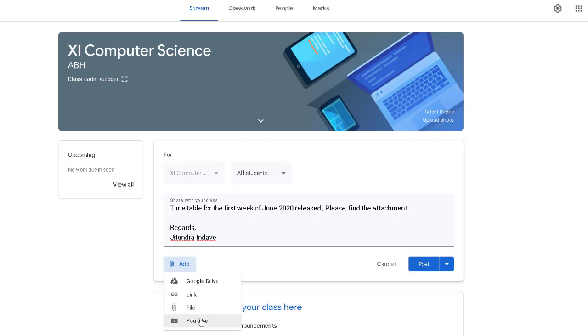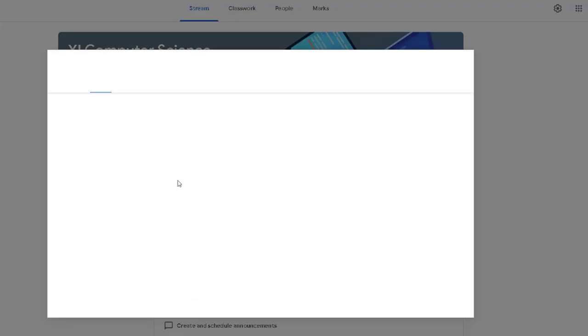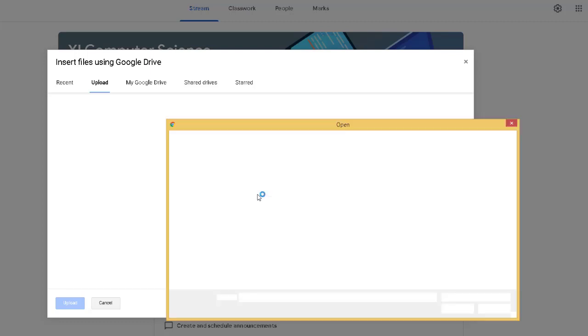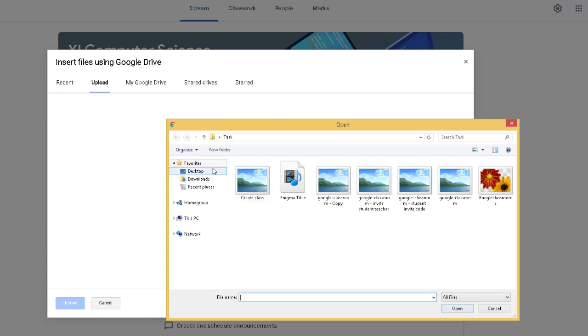So I have created a file which is stored on my local drive of the computer. So file, you can drag and drop or go through by clicking here. I have already created it.